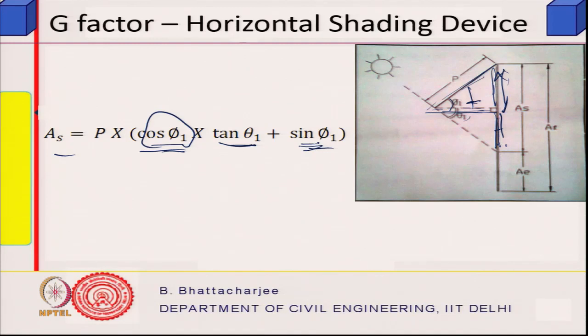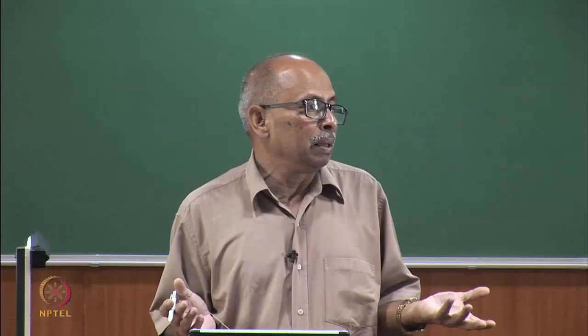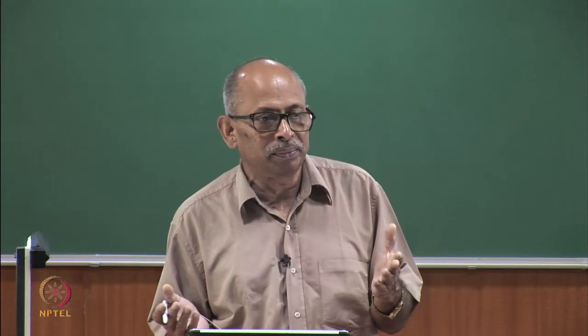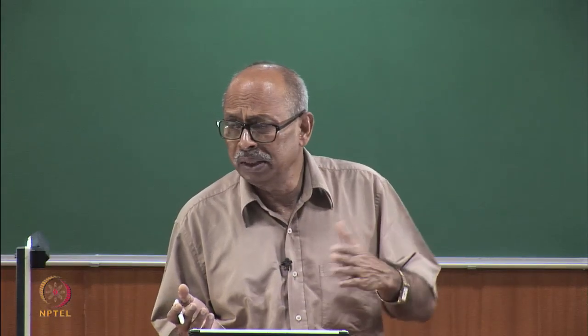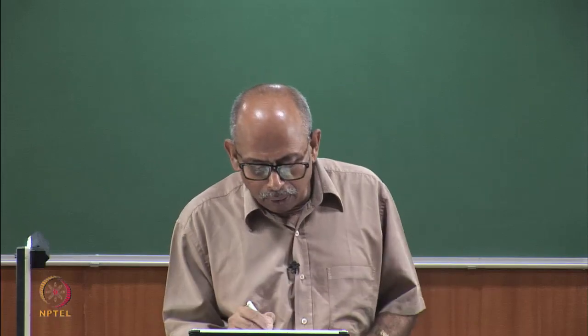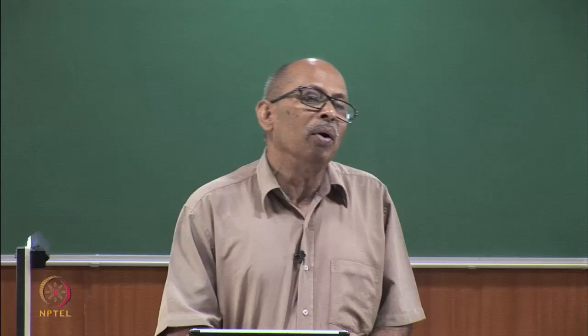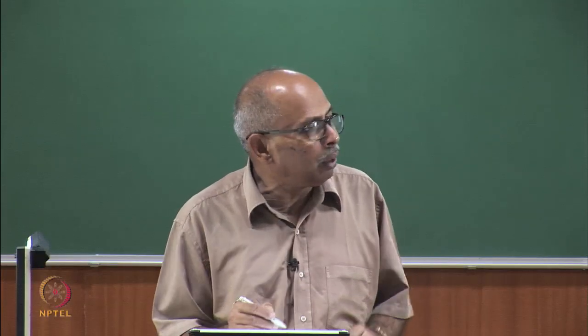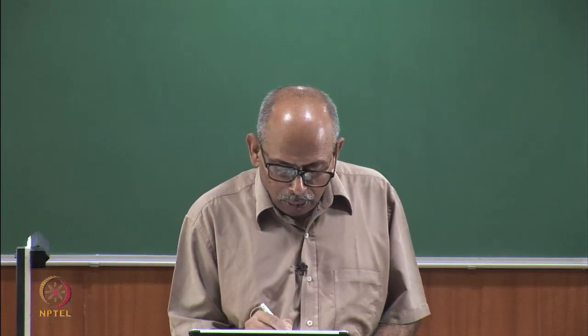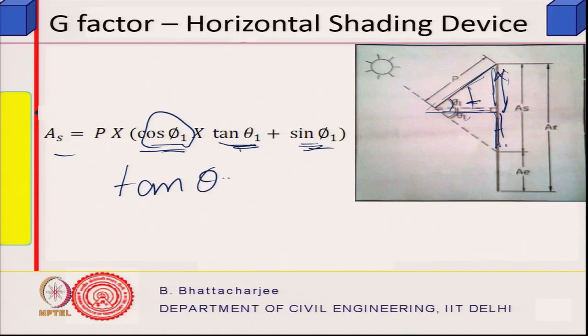Now theta 1 I can find out. Phi 1 is a permanent thing. It's a permanent feature because inclination is fixed. It's a passive feature. It is fixed. Theta 1 will be a function of altitude angle and azimuth angle of the sun, wall solar azimuth and altitude angle. It will depend upon that, because we have already found out that tan theta 1 is equal